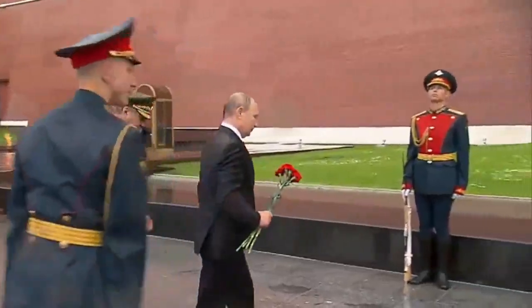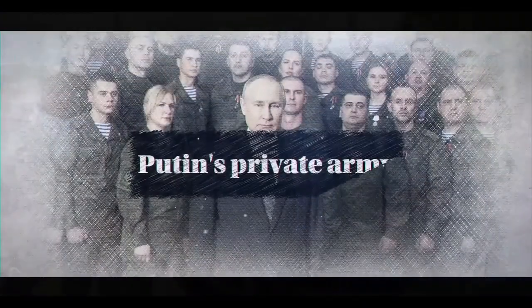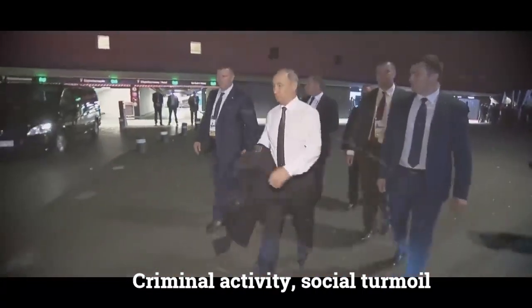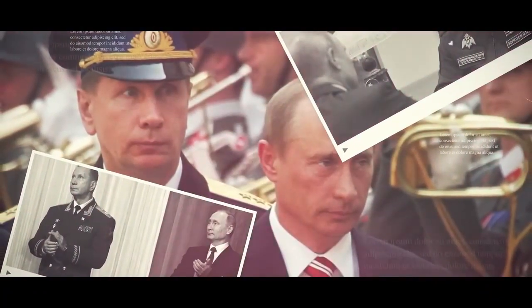The members of Vladimir Putin's security detail are already hard at work several months before the Russian president ever leaves his residences to make a public appearance anywhere. To begin, the team investigates any and all potential dangers, including criminal activity, social turmoil, the public's view of the location, and even the chance of natural disasters, such as earthquakes or floods, occurring in the area during the potential